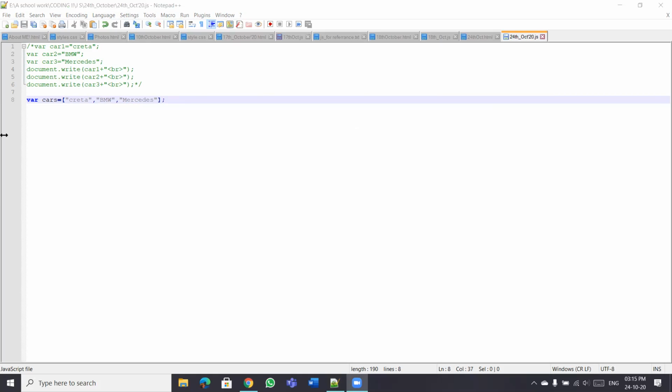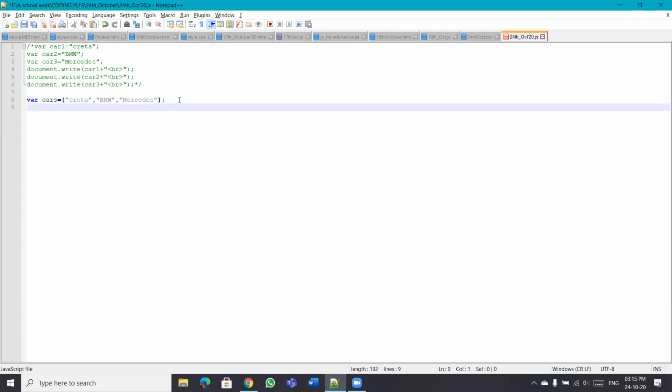Meanwhile, let's do one more thing. Let's create one more array by the name colors. Var colors, and give three different colors over here.